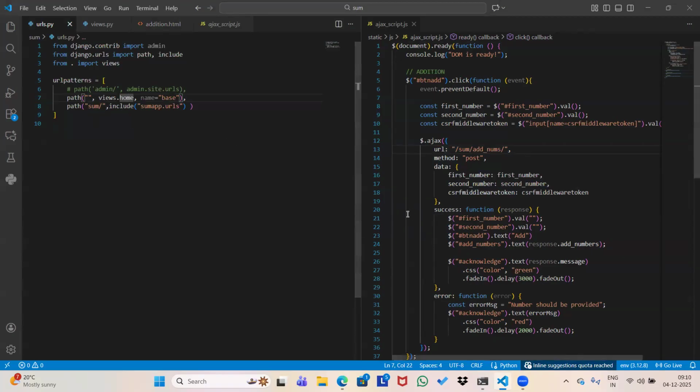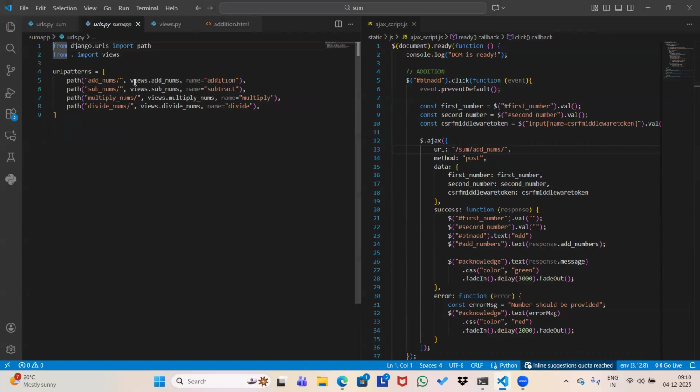That means this is for my project URLs. Now we have no other add_nums here, but this sum/ is including, I mean, it is going to refer to the sum app's urls.py, admin.urls. So when I click over here, you can see I have directly jumped into the urls.py of the sum app, that means of my app. Now you can see I have taken the path function, and within the path function I have passed this